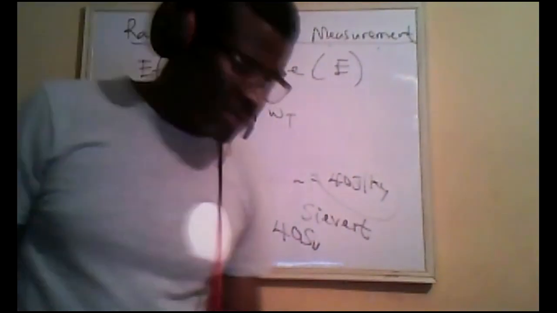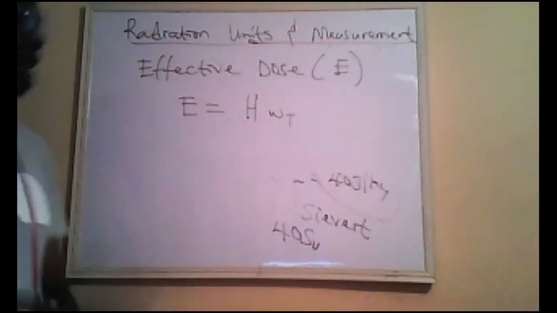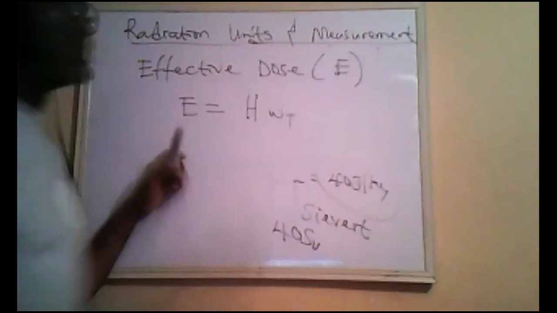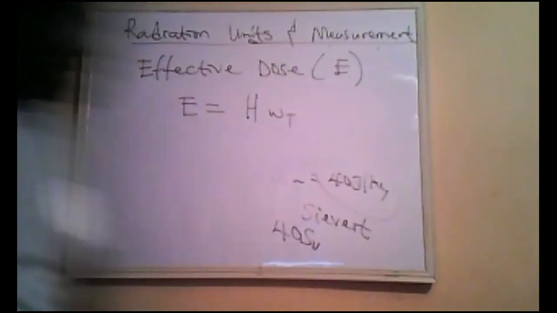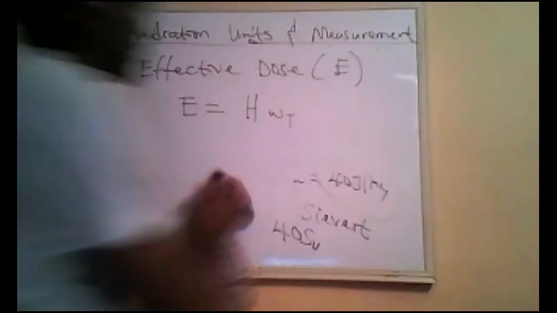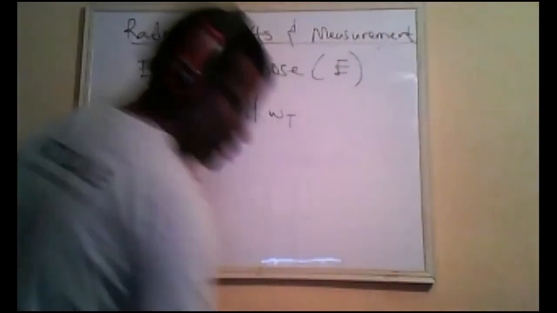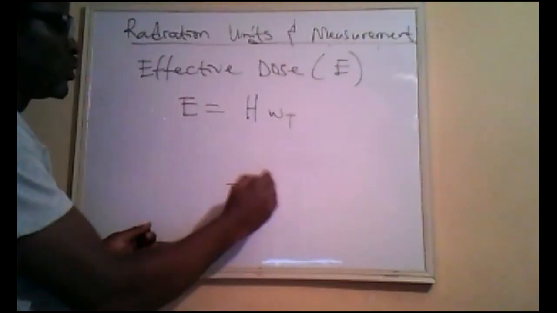So if we have a particular radiation on the body, the total tissue weighting factor is going to be 1. And that one is usually subdivided